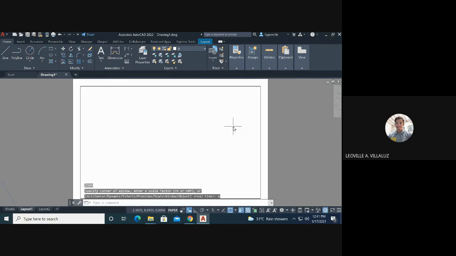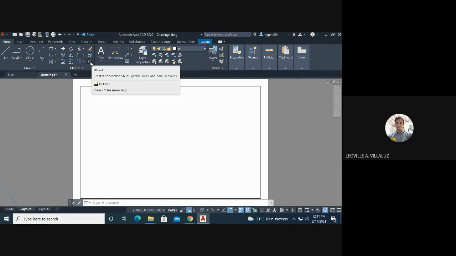Okay. Next, the command that we are going to learn is what we call the offset. Offset, as you can see, if you move your cursor on the button, the meaning of the offset is create concentric circle, parallel lines, and parallel curves. That means you are going to create a parallel object on what object that you are going to create. So click on this offset